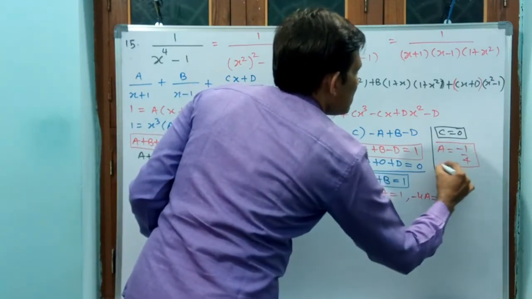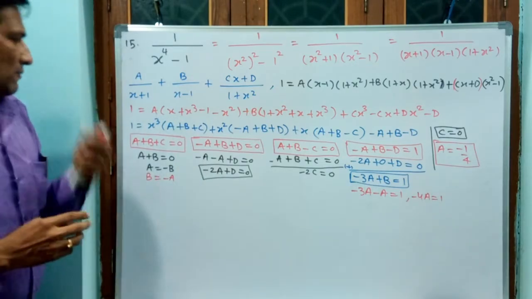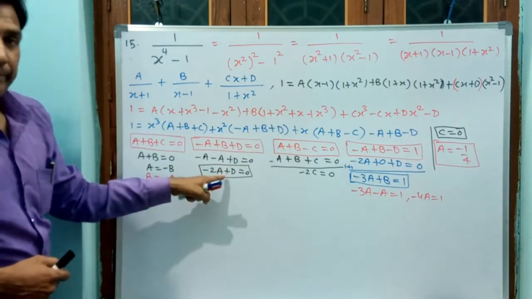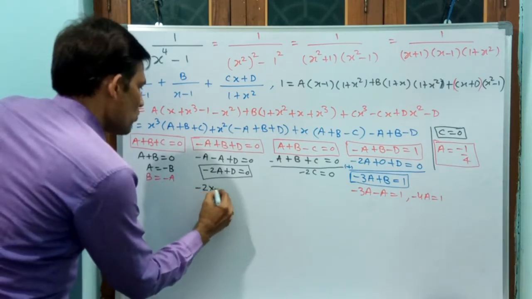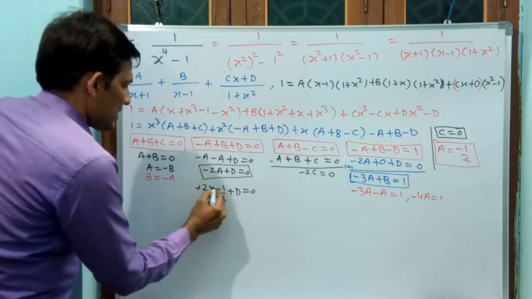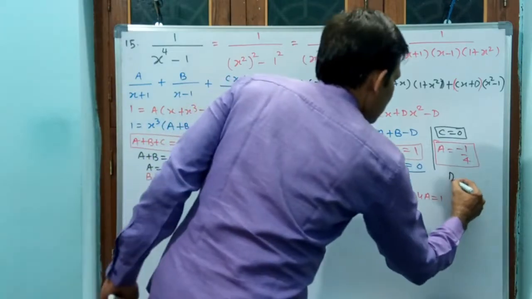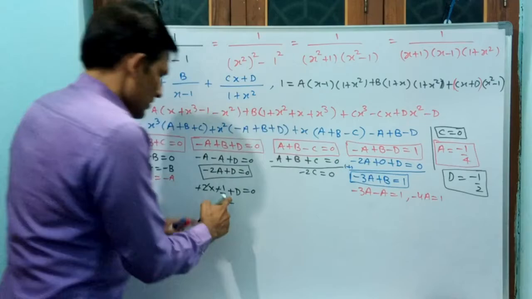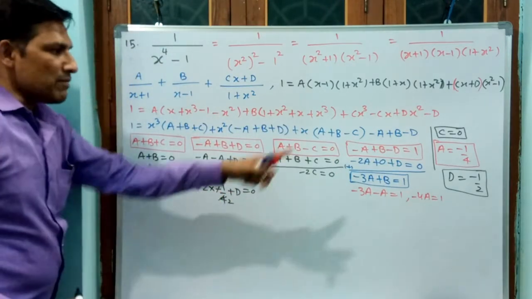This is the second value: a is equal to minus 1 by 4. If you got a, you can find the d value here. Write down, a is minus 1 by 4. That means minus 2 into minus 1 by 4 plus d is equal to 0. Minus minus is going to get cancelled. This is going to become 1 by 2. That means 1 by 2 plus d is equal to 0, so d is equal to minus 1 by 2, as the 1 by 2 goes to that side.